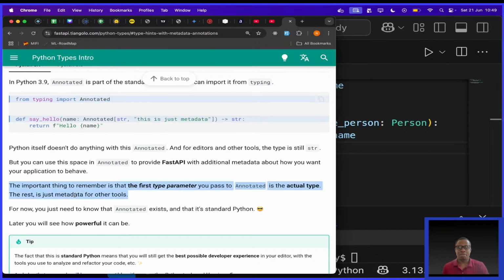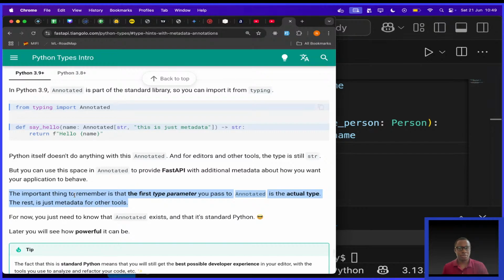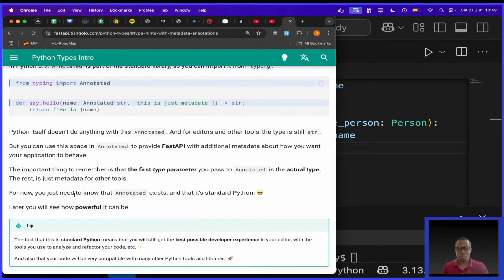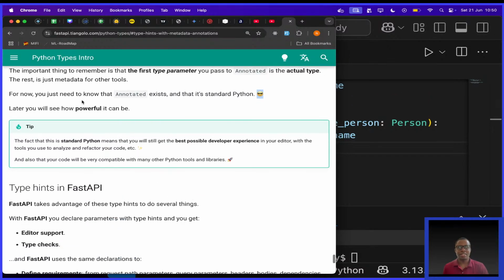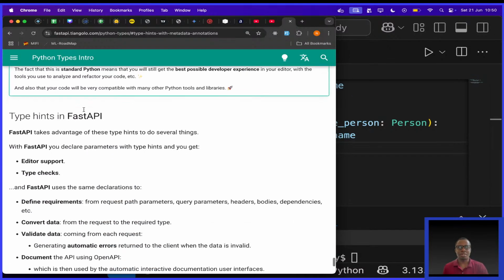The rest is just metadata for other tools, like tools in your editor, linting tools, or whatever you want to benefit from that metadata. They're saying for now you just need to know that Annotated exists and it's standard Python. Later you will see how powerful it can be.